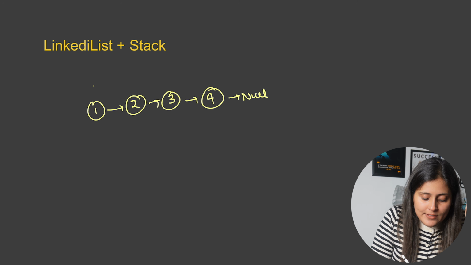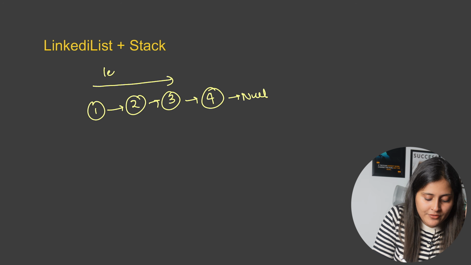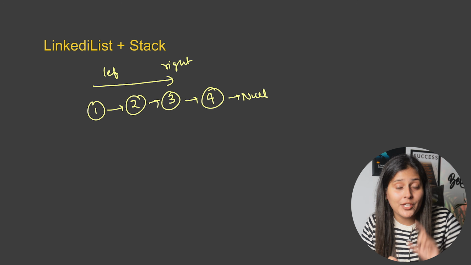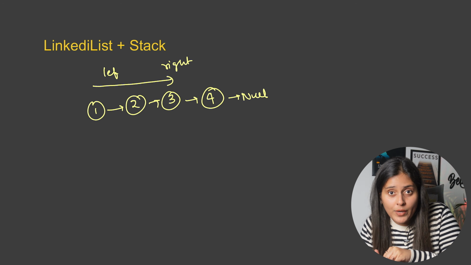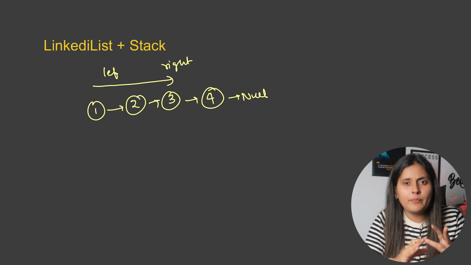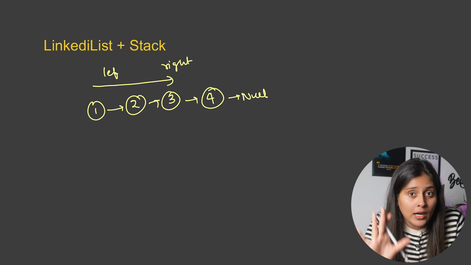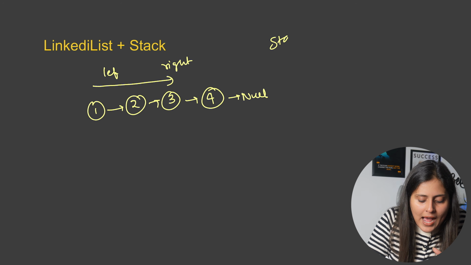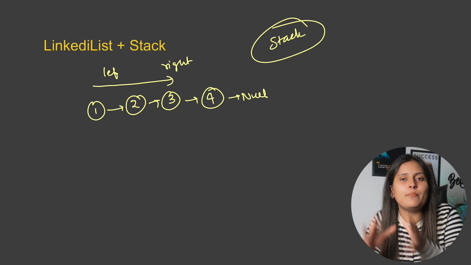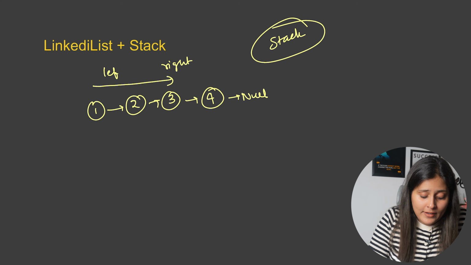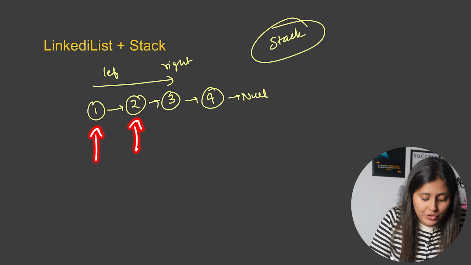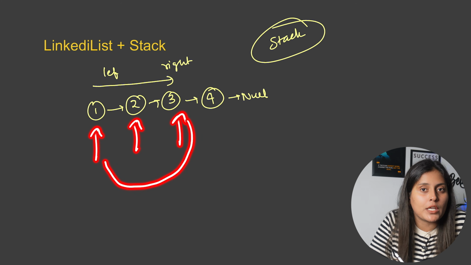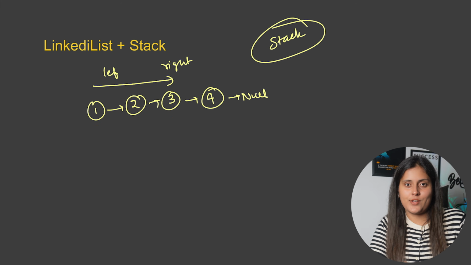You know that in a linked list you always travel from left to right, correct? And you cannot come back. If you want to come back, you need to reverse the linked list. So whenever in the question you think you need to come back, meaning you need to reverse, and you are allowed to take extra space complexity, you can think of a stack data structure there. Or else backtrack. Meaning you have already moved from 1 to 2 to 3 and now you came to know that okay, you need to go back to check something. Then you can think of a stack data structure with a linked list.